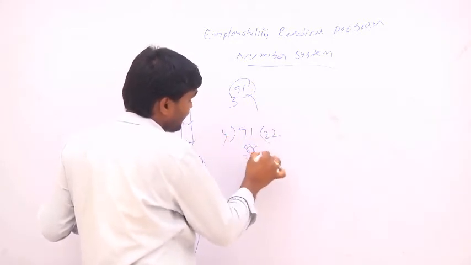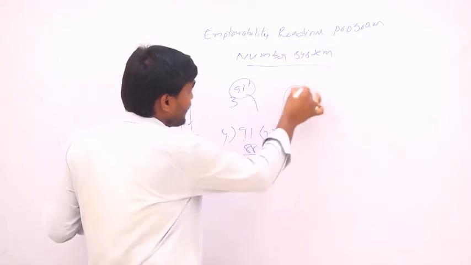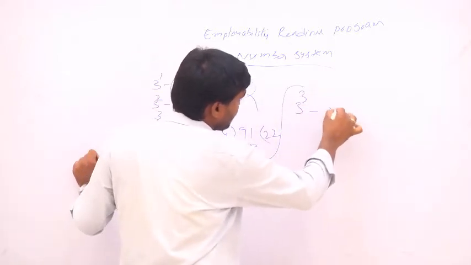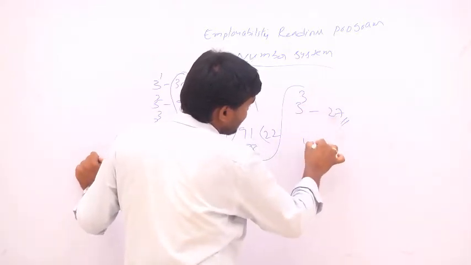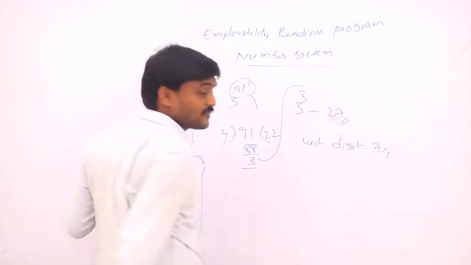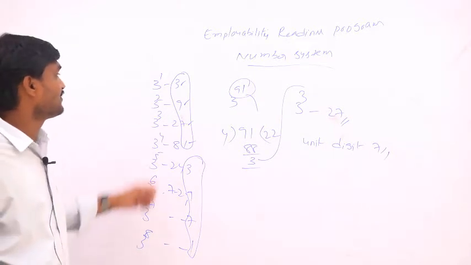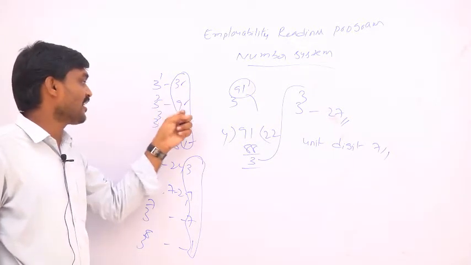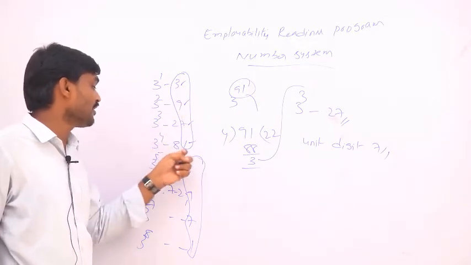4 times 22 is 88, so the remainder is 3. That is 3 cube, 27. So the unit digit is 7. Then once again, 3 power 1 equals 3, 3 square 9, 3 cube 27, 3 power 4 81,